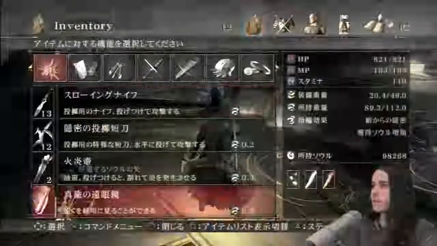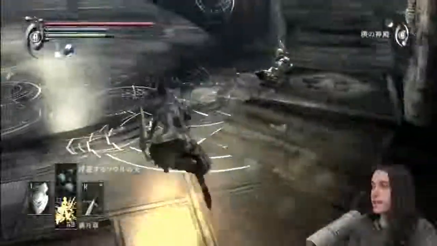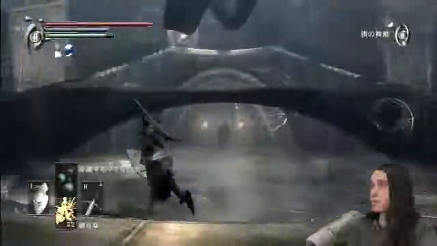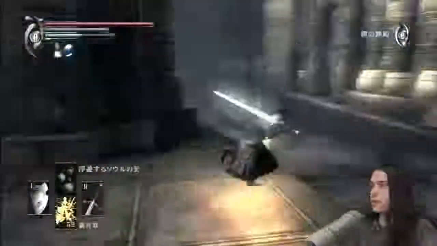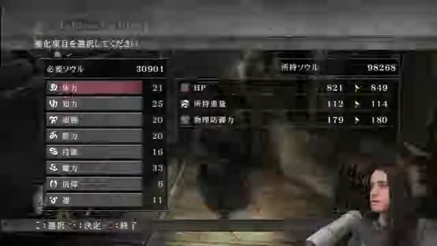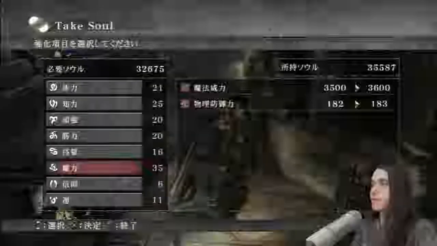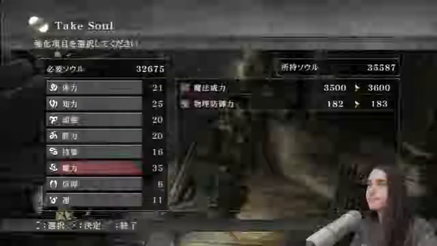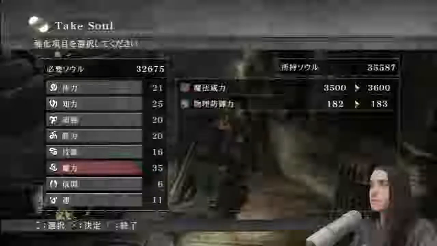So we'll be able to level up a little bit more here. We now have 98,268 souls, which is even closer to 100,000 than we were before. Where is the woman? Woman, where might you be? There you are. I can see your shining torch. Okay, so you to 35, and then I guess I'll probably keep going with